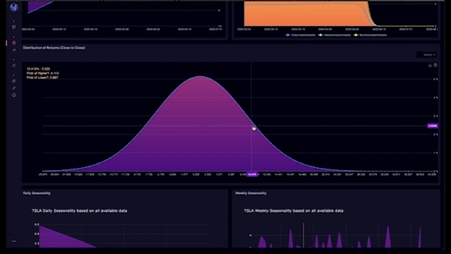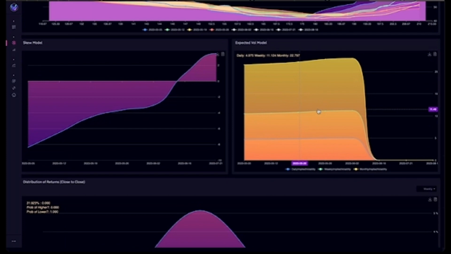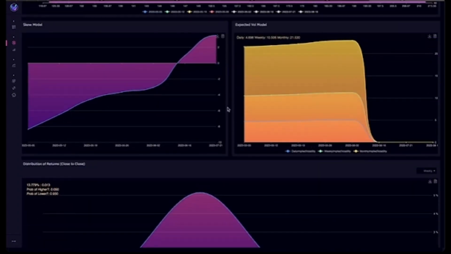But then looking at this and just applying it over here, I can say, really simply, okay, weekly is saying around 10%, 10.5%. What actually happened during that period? And just to note, that's saying either way, right? So 10%,